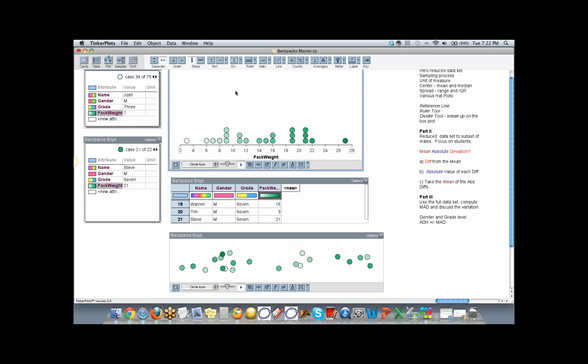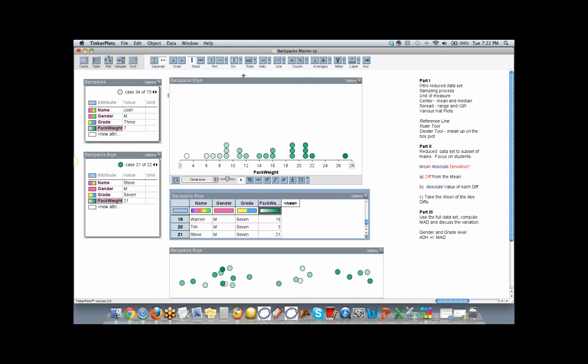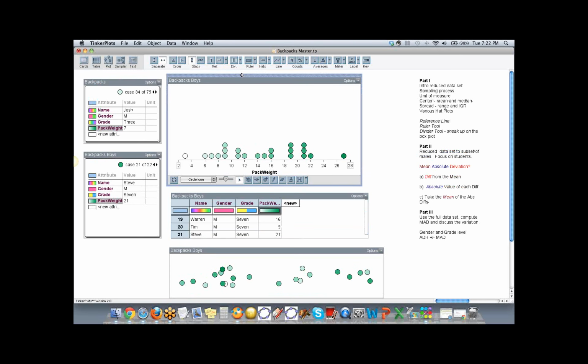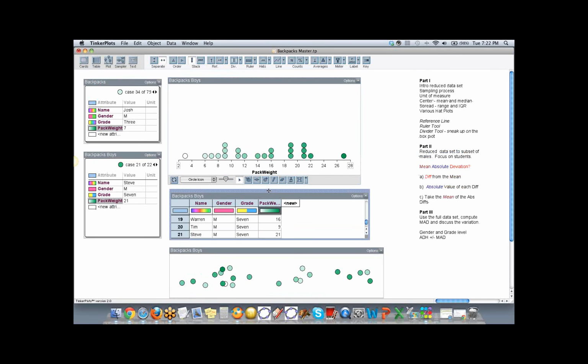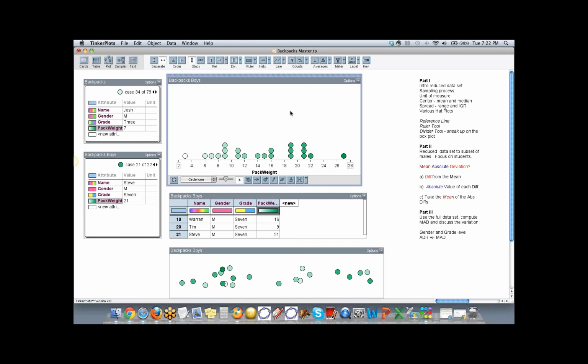My goal for this second part of the webinar is to talk about the mean absolute deviation, and I want to show mathematically how to find it and illustrate it through the graph and the table so it makes sense. And then I'm also going to, at the same time, show how TinkerPlots will compute the mean absolute deviation. But I don't just want to have it kind of a black box effect where it just gives you the number. So the first thing that we have to do is focus on the words here, mean absolute deviation.